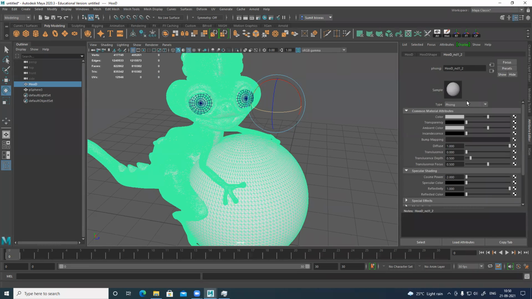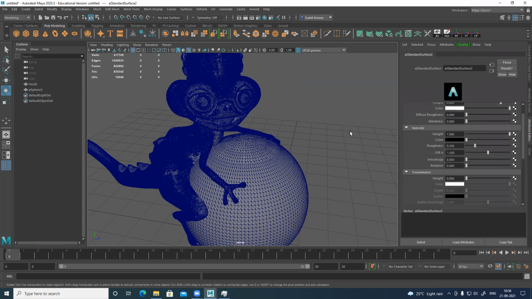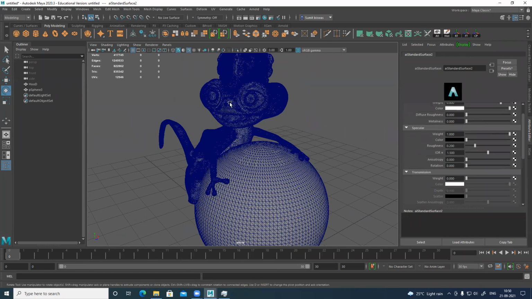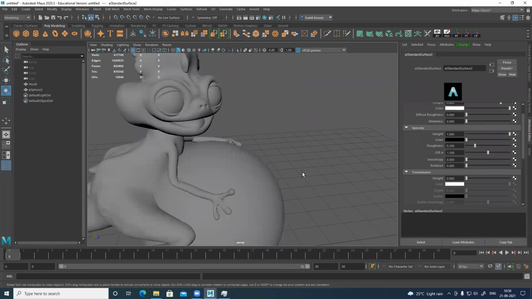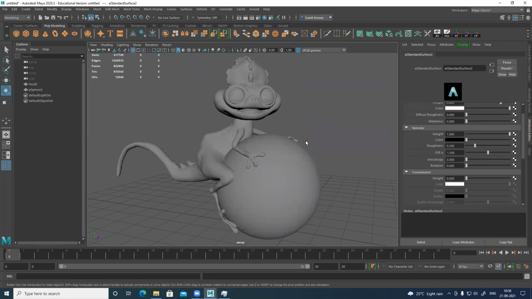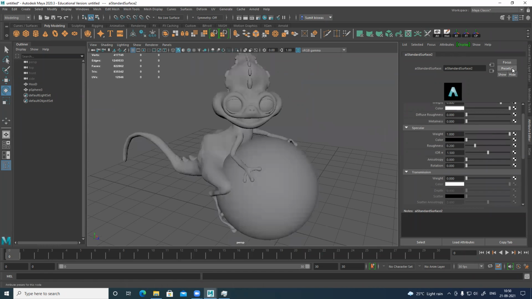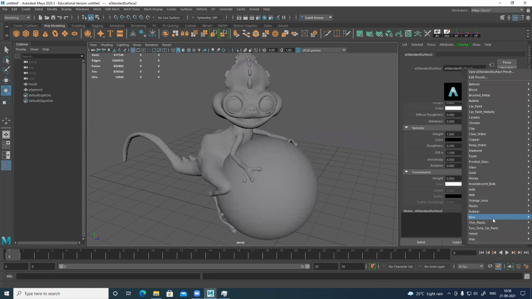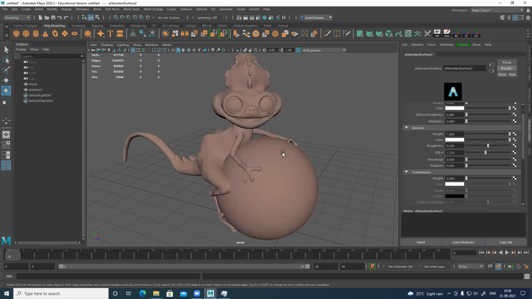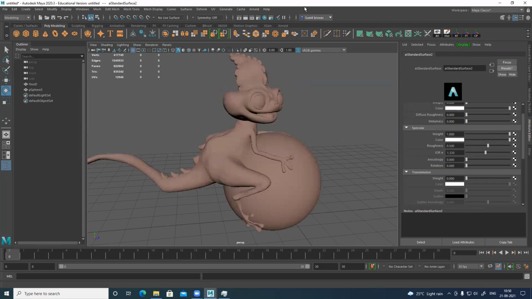You can see by default there's a foam assigned to it. So scroll up, AI standard surface, same shader, because it's the Arnold shader. So the moment I change it, you can see it becomes completely gray. Nothing changed. The only thing I want to do is here, because this is skin, there's a default skin preset there. Replace. Replaced. Now open Hypershade, your material editor.